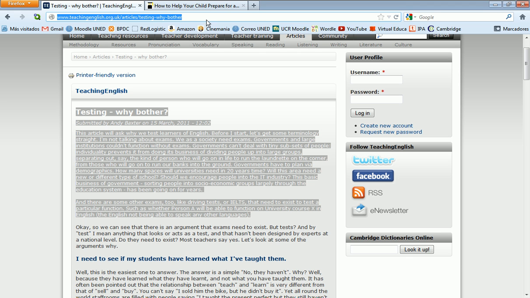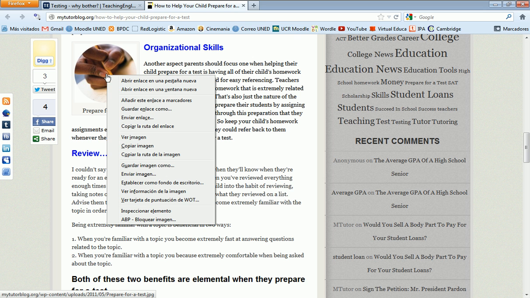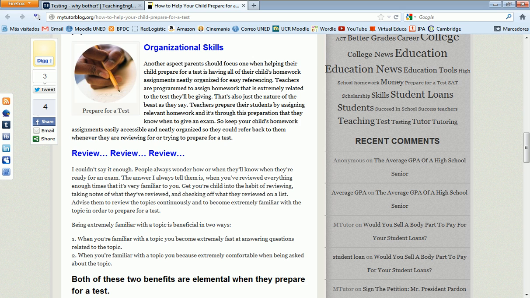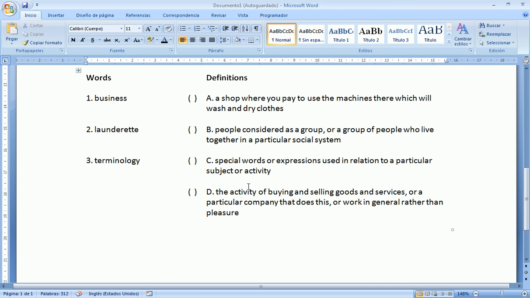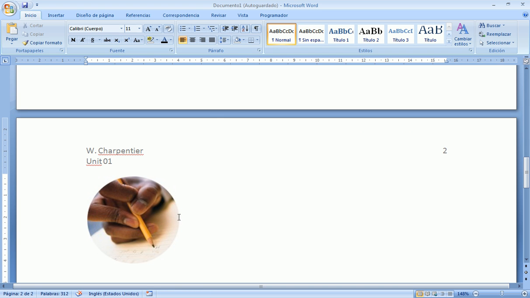blog that is also dedicated to evaluation. And you right click on the image and you copy it. There is no shortcut for this part. Then make sure that you go out of the table, otherwise it could be a bit difficult to work with the image. You press Ctrl V again for pasting it, and if you are using the Word that I'm using, when the image is there,